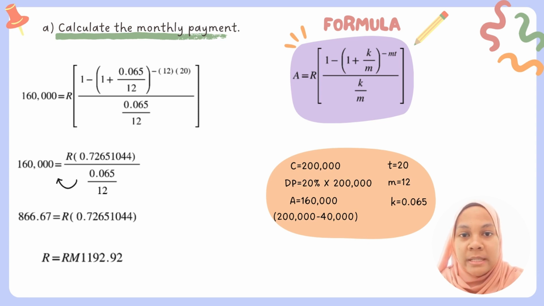200,000 is the cash price, which is C. Then the 20% down payment is 40,000: 20% times 200,000, you will get 40,000. So next, you guys have to use the formula C minus down payment, DP, equals A. Once you get the A, which is 160,000, just substitute into the formula. So the final answer, Azlan has to pay